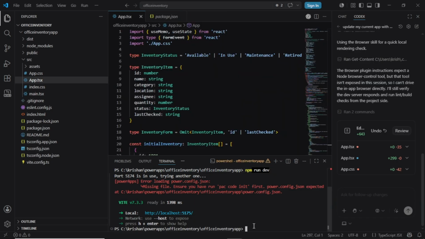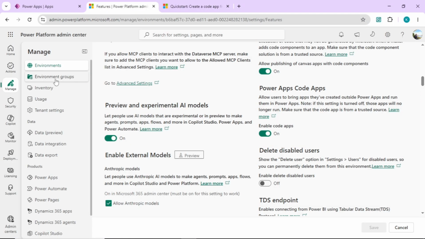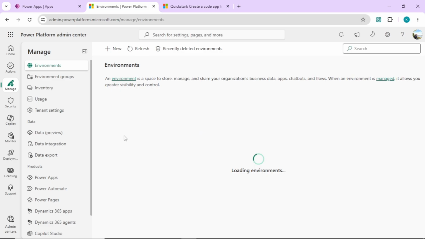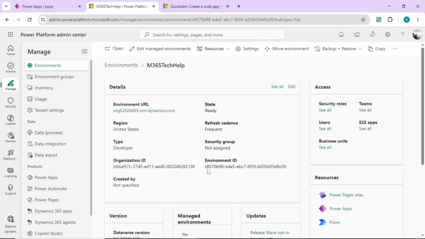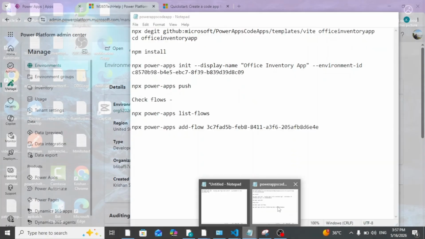Now as a next step, we can decide to publish it in our environment. For that, we have to have our environment ID. So you can go back to your environment and grab the environment ID. To grab it, just go to environment, and in the environment details, you will see this environment ID. So this is the environment. You can copy from here,